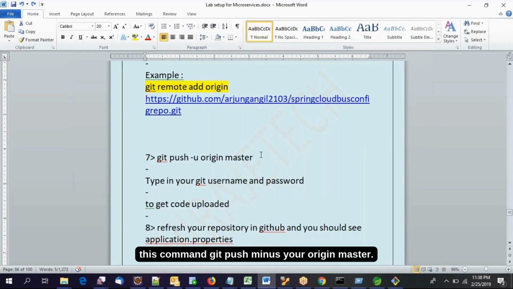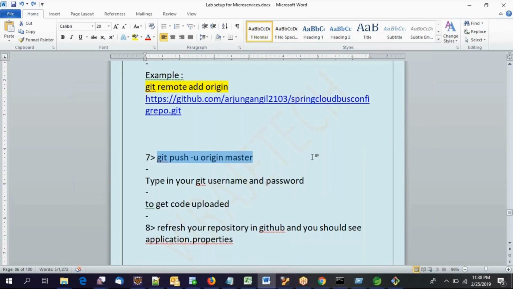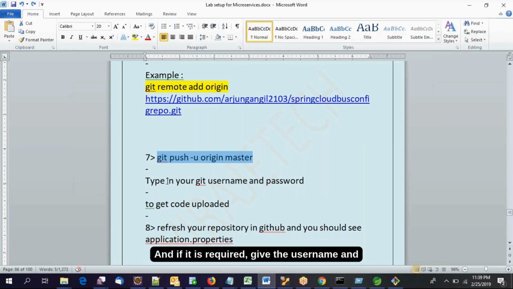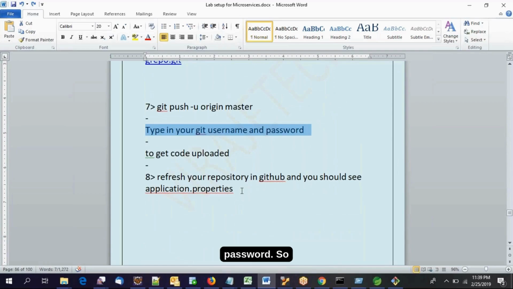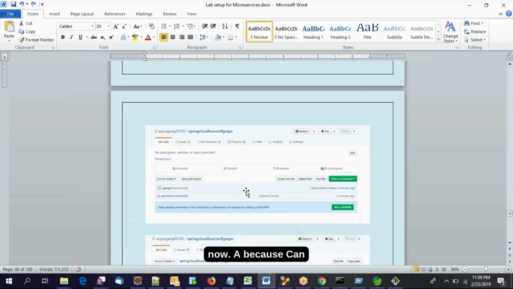Now run this command git push -u origin master, and if required, give the username and password. So now if we refresh the repository after this check-in checkout process, then we can see the application.properties. So now